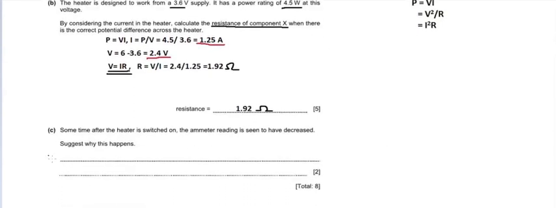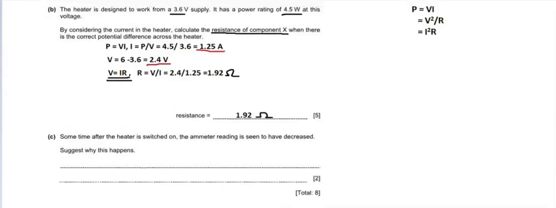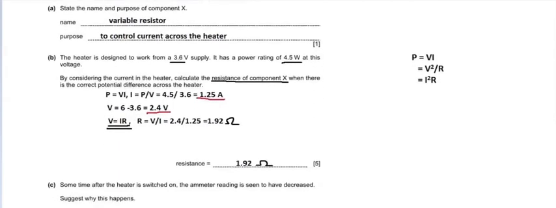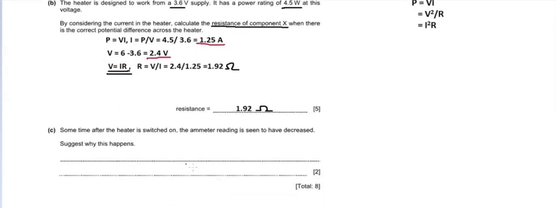Now the third part, part C, of the problem. Sometime after the heater is switched on, the ammeter reading is seen to have decreased. Suggest why this is happening. So the current is continuously flowing through the circuit, and the ammeter is connected to find out the current. After some time, what happens? The temperature of the heater is increasing, and so what happens to the current rating? So what happens when the